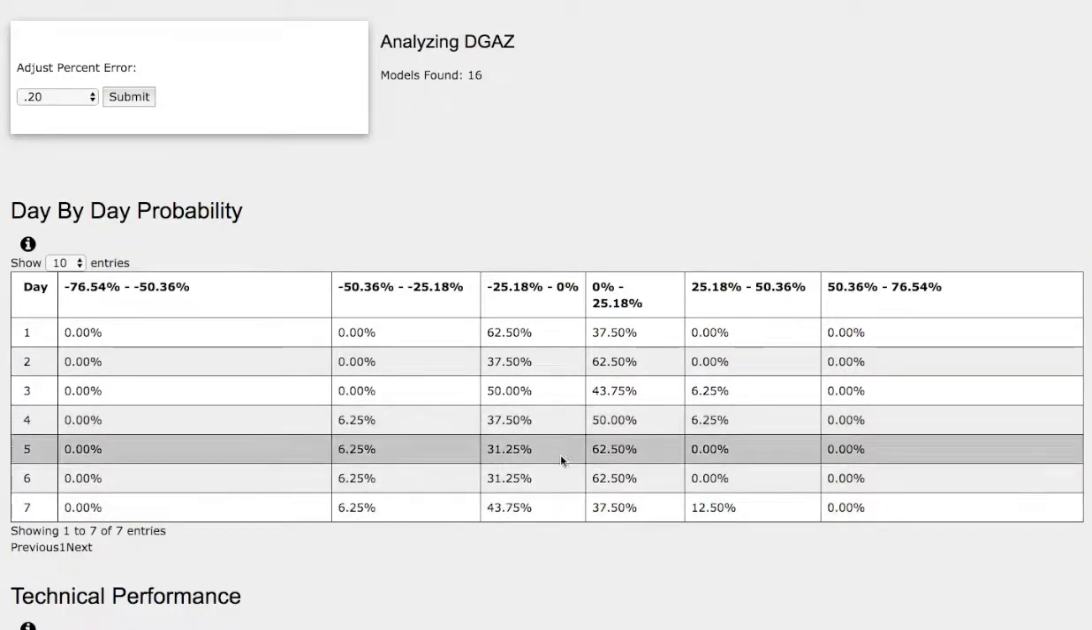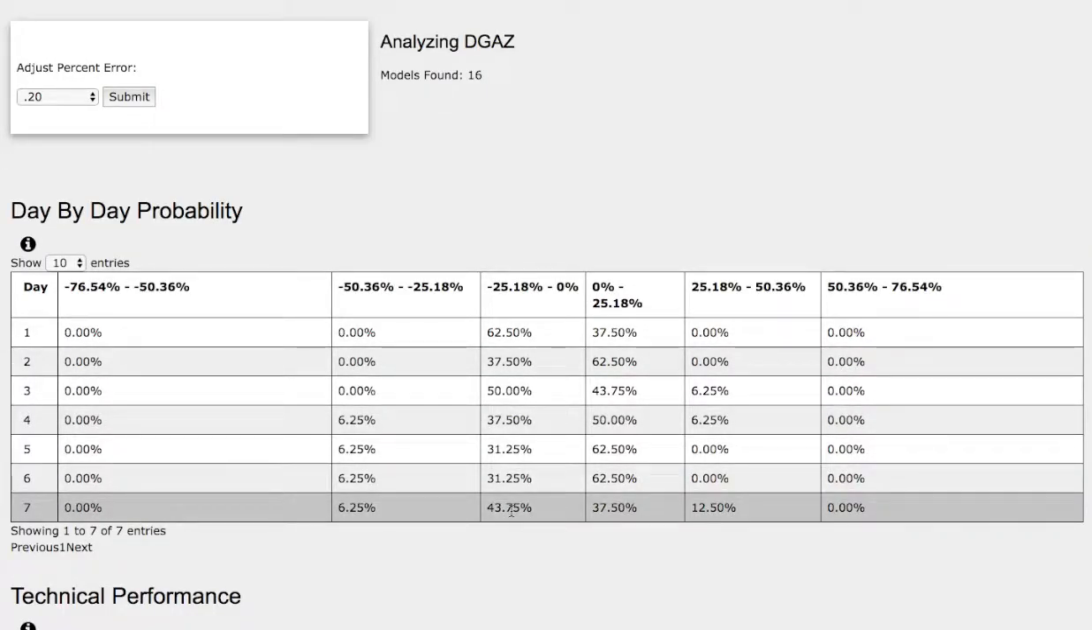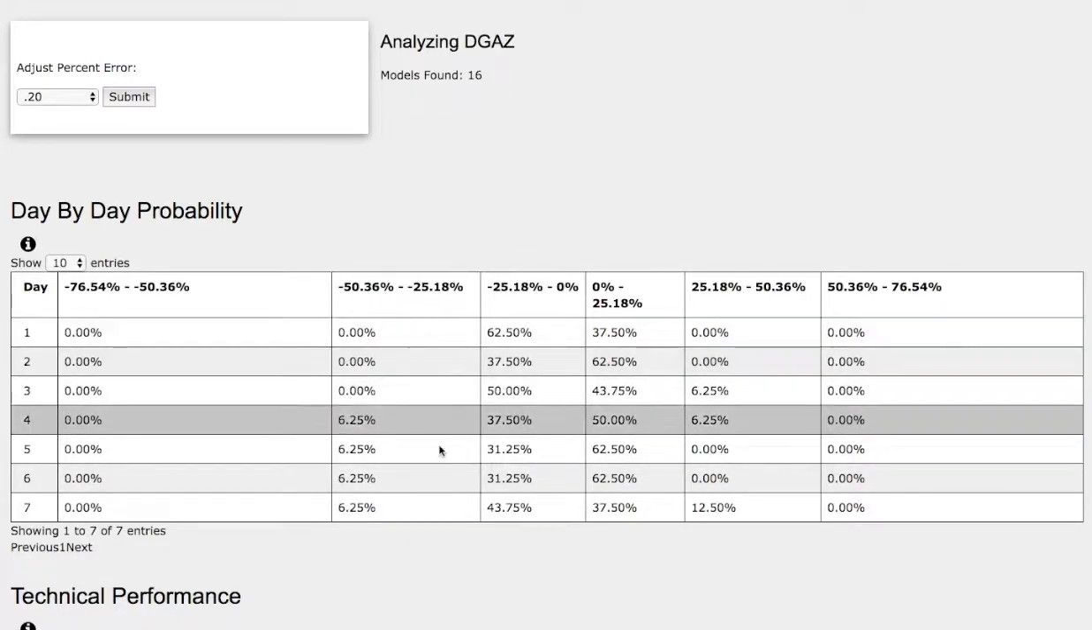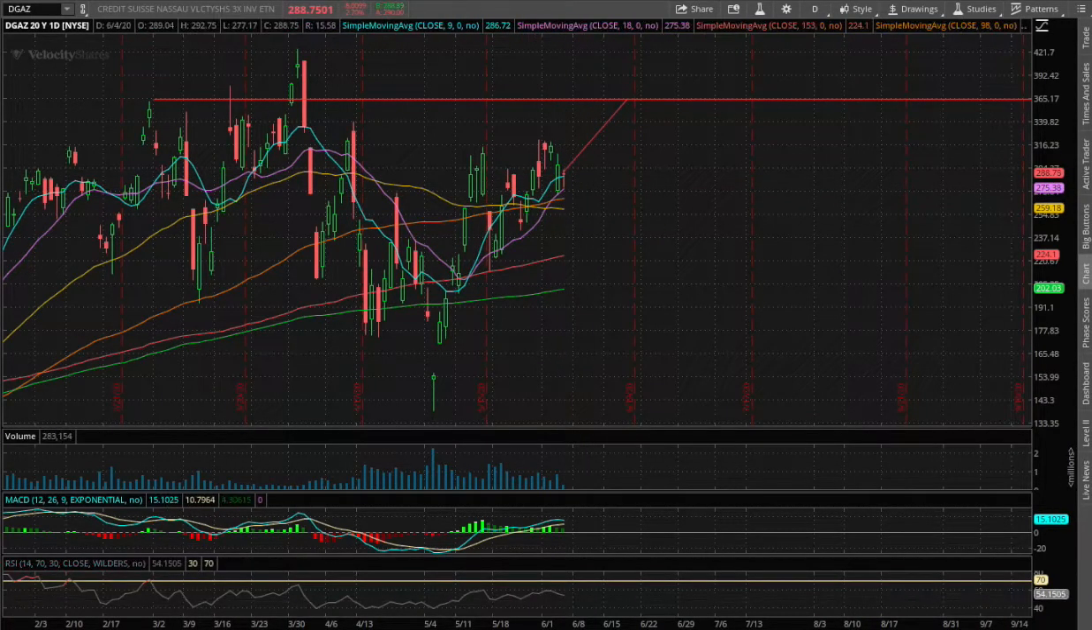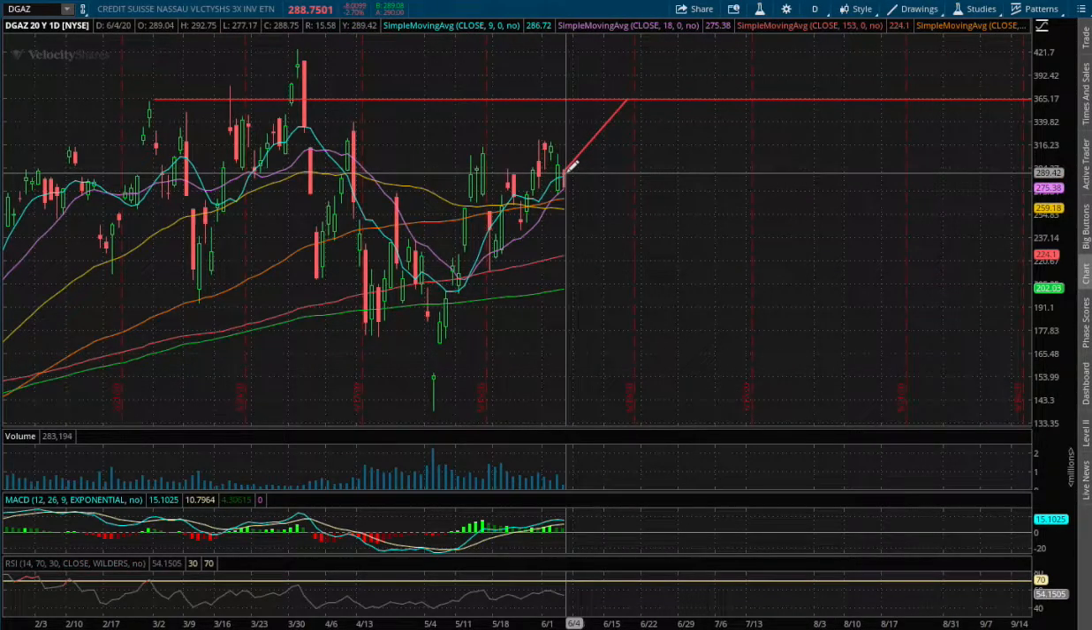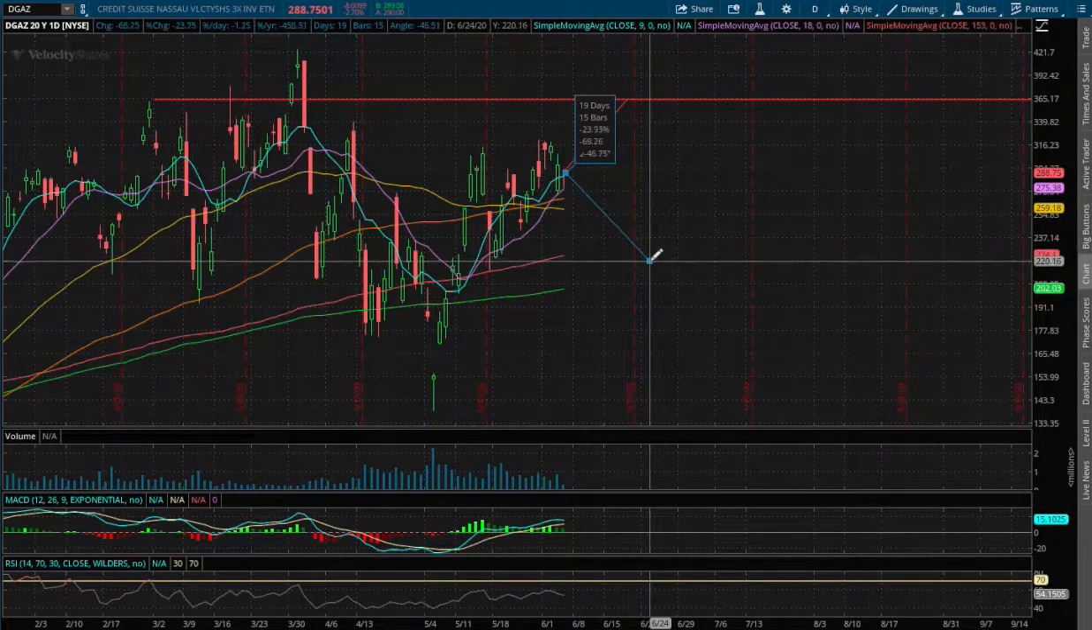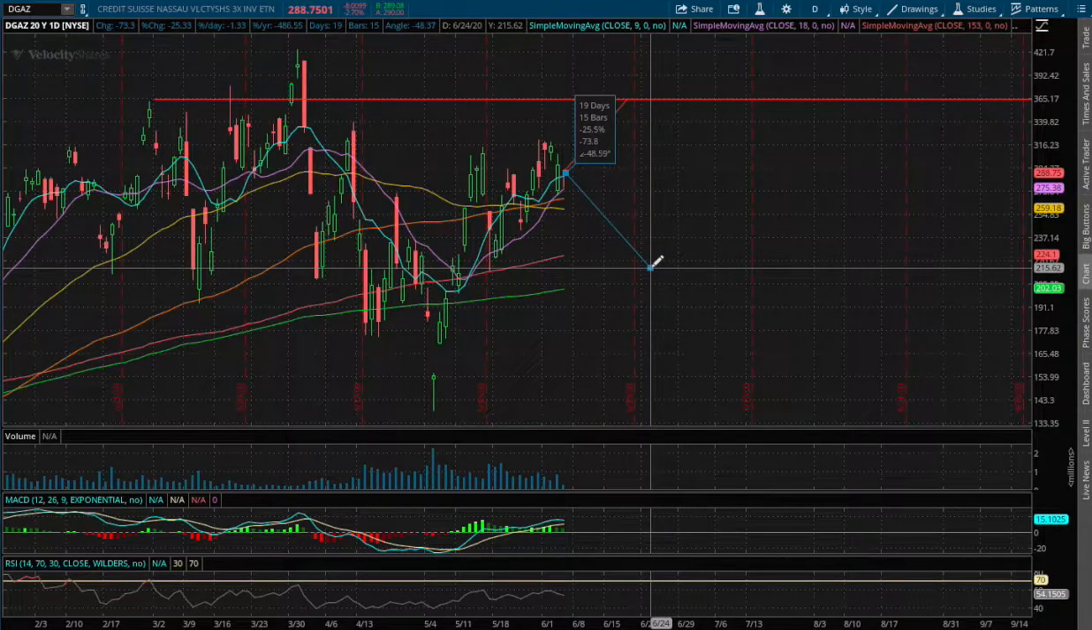So to the downside, we have a 44% chance for DGAZ to fall lower between 0 to negative 25%, and a 6% chance for DGAZ to fall between negative 25% to negative 50%. So let's just mark negative 25% as our possible support. So 25% to the downside, if we were to fall lower from where we currently are at, that price movement of 25% is roughly around the price of, say,